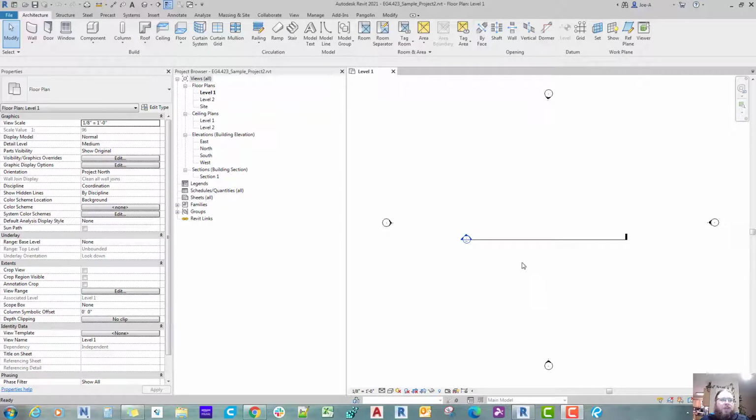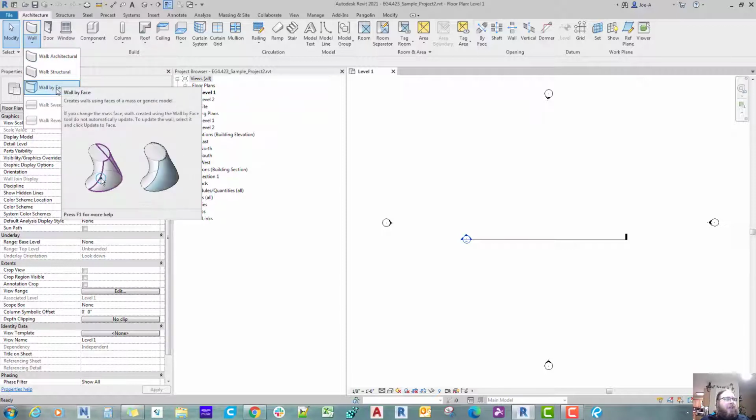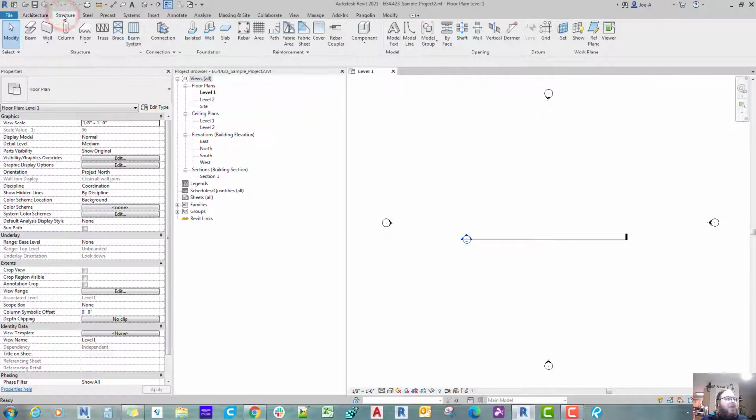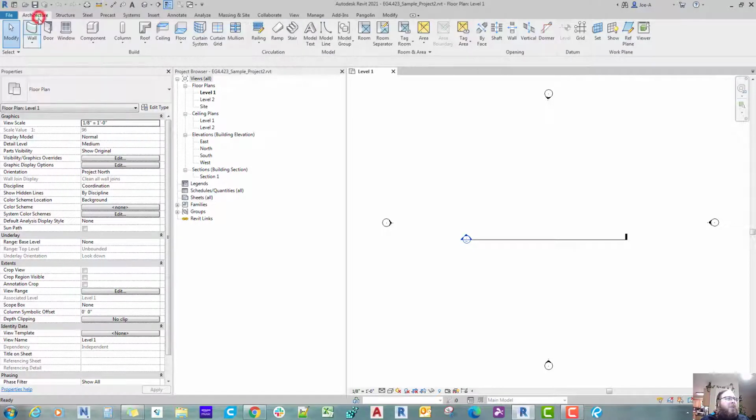In this video we're going to go over wall types. To access the wall types, you can go to the Architecture tab and click on the arrow below the wall. You can have architectural wall, structural wall, or wall by face. Structure also has a wall tab. They have a wall structural, which is the same as the other tab, and wall architectural. So we'll pick wall architectural,